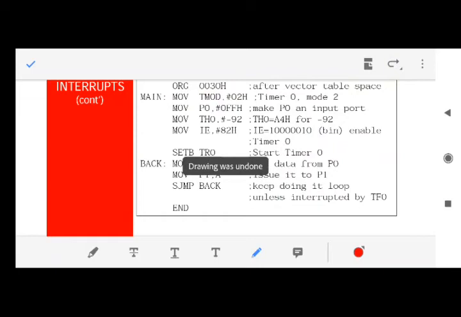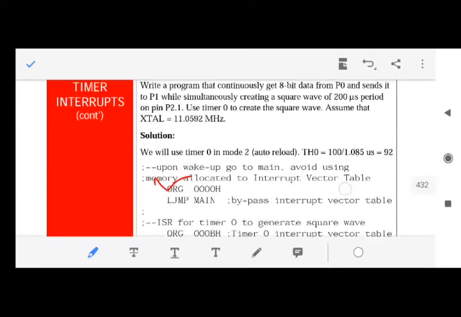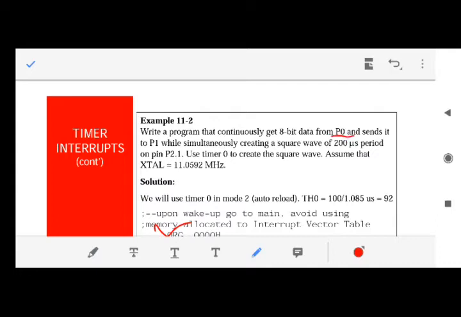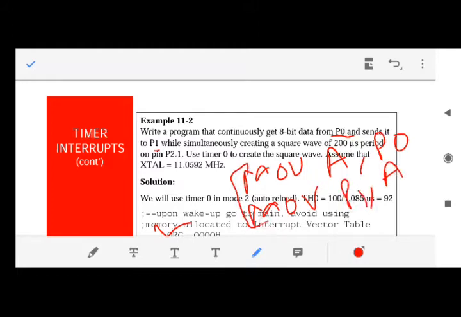Fine. And what is the first thing which has been done? We need to write a program and proceed. We have been given that you need to move data from P0 to P1. So what we'll do, we will move the data into the accumulator, because we have 8-bit data and the accumulator is also 8-bit. Then we will move the 8-bit data in the accumulator to P1. So one of the works is done, that the data has been moved from P0 to P1. Fine. These two lines are fixed.